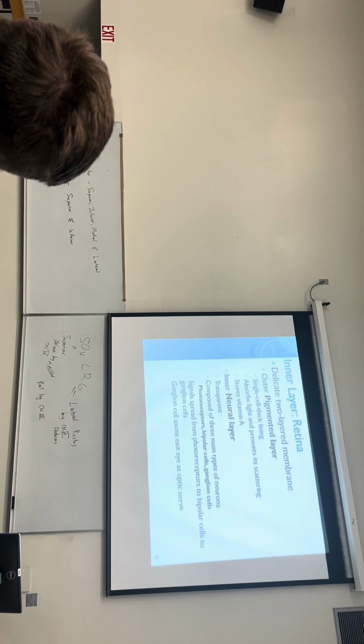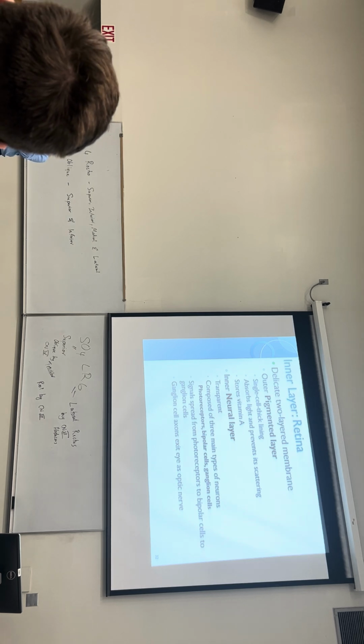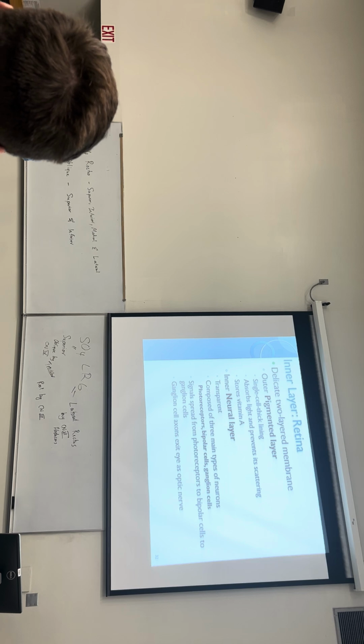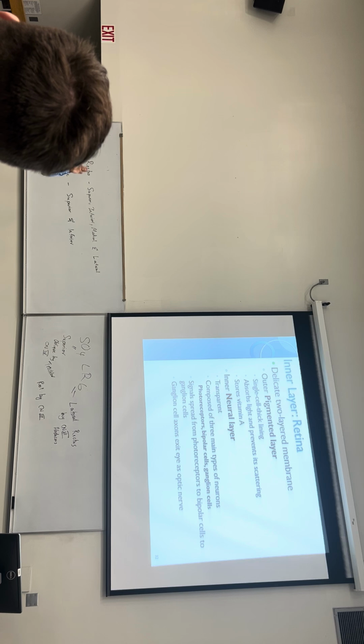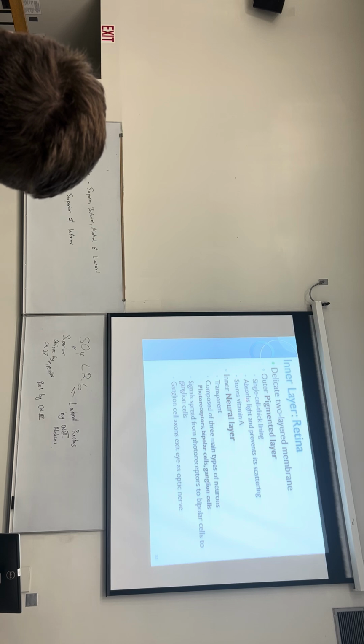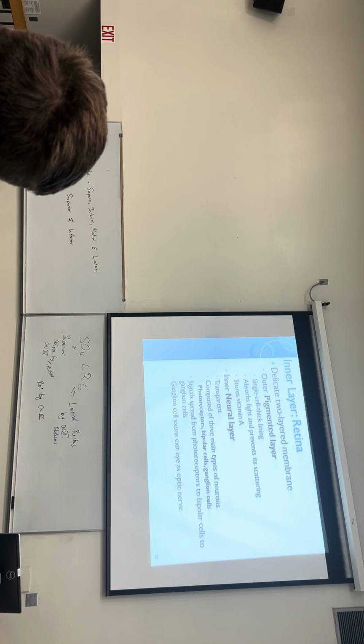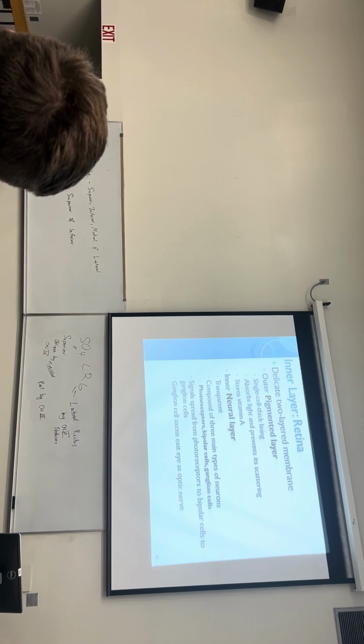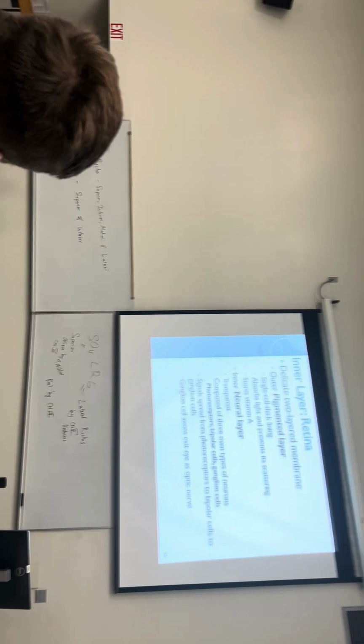There are a couple of reasons. You want the light to hit the neural layer to process the information. If it passes beyond, you don't want it coming back. It's white, so it would move right back. The pigmented layer absorbs that light. It also stores vitamin A, which we'll talk about a little more when we need it. It's needed for a pigment